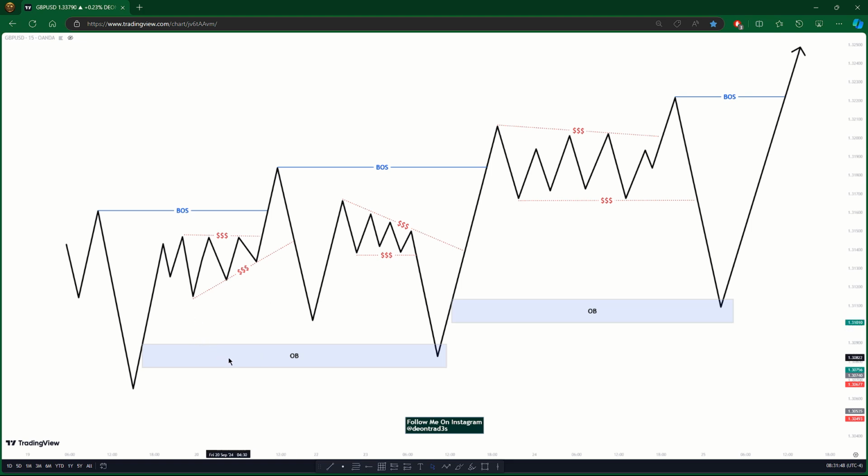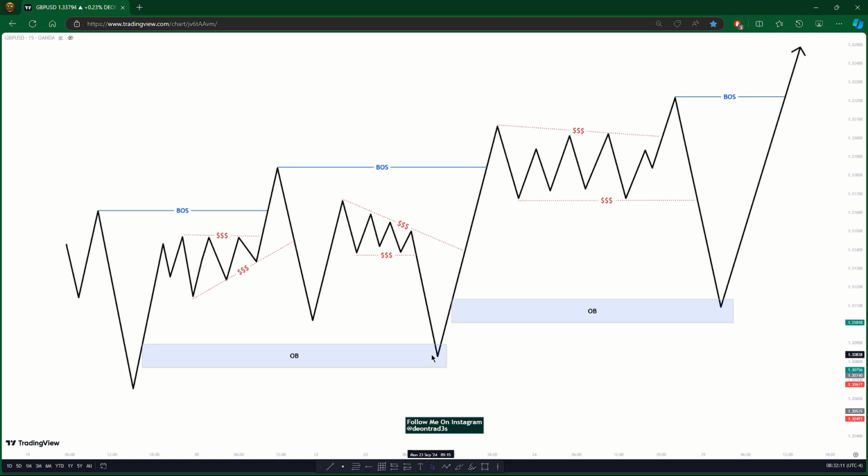Now, most of us are waiting for price to go all the way down to that point of interest. It can be another block here, it can be a fair value gap. This is just for illustration purposes. So if it happens to go all the way down here, that's okay for you. But what I'm trying to make you understand here is that